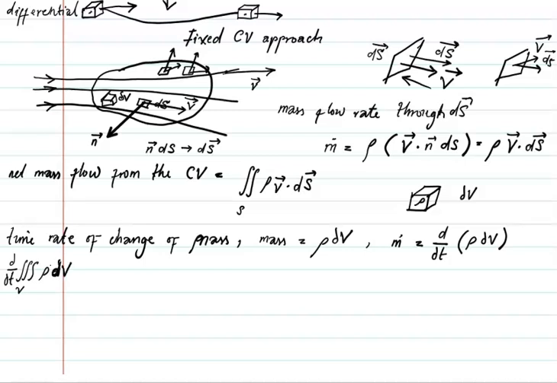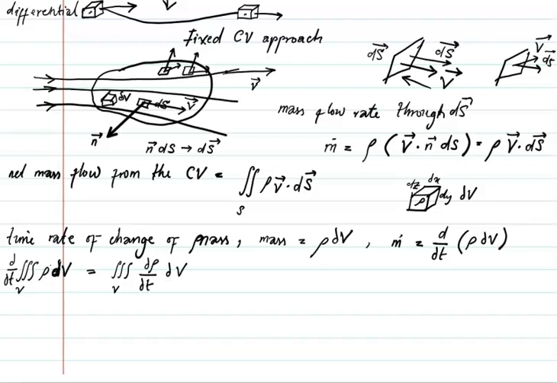Which we could write to be equal to, we could move the derivative inside. We have a constant dV. The dV does not change. It's a constant parcel, a constant cube of sides dx, dy, and dz. But the density inside could change. So if we move it inside, we discover that the only thing changing would be the density, the rho,